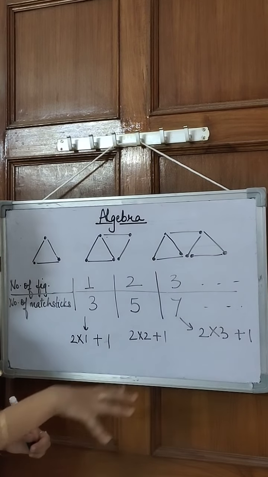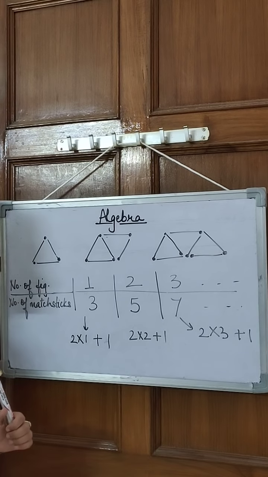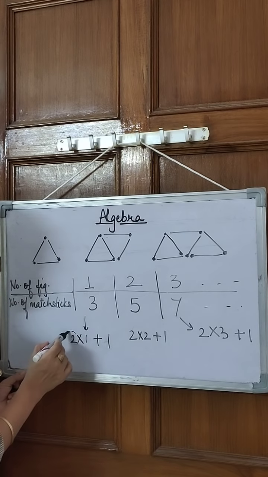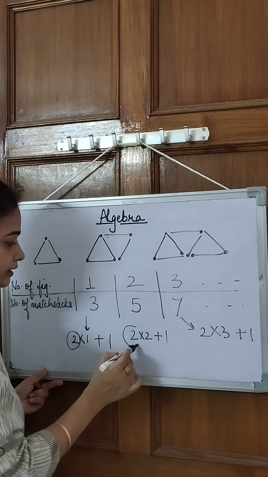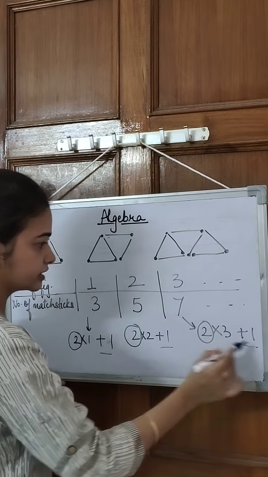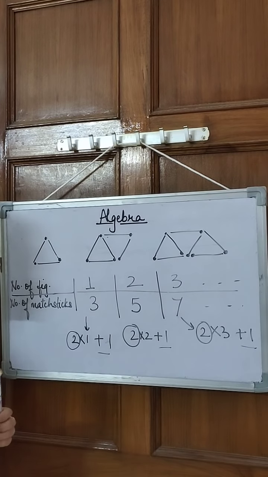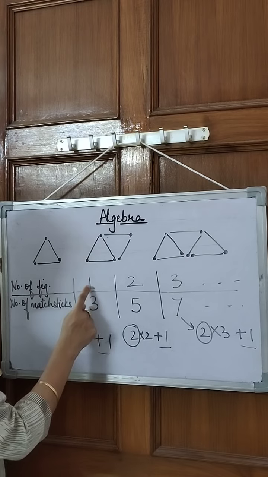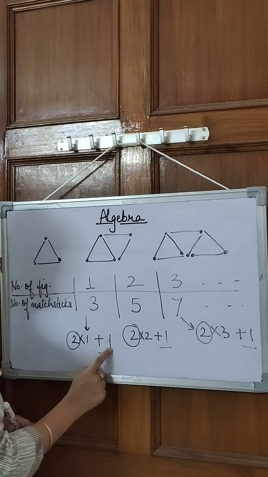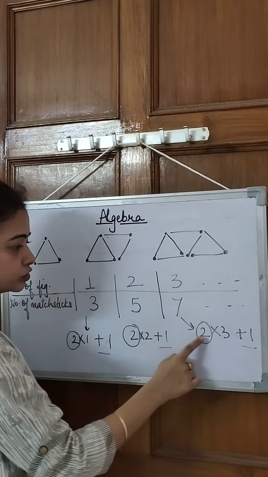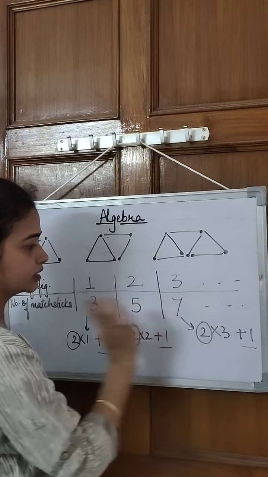Actually in these type of questions you will be getting 2 constants and 1 variable. Yes, so what are the 2 constants here? This 2 is constant. Every time I am multiplying a number with the 2 and then I am adding 1 to it. Every time, and this is something that you have to develop logically. Okay, you have to think about it and then develop the pattern logically. So this is 2 multiplied by 1. So 2 plus 1, 3. 2 multiplied by 2, so 4 plus 1, 5. 2 multiplied by 3, so 6 plus 1, 7.